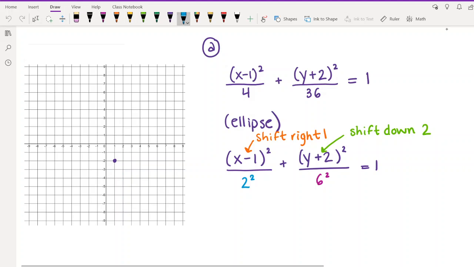So in the horizontal direction, we know that it's been stretched by 2. So that means it's going to have a width of 2. And so we're going to go 2 to the left and 2 to the right. And then vertically, we know that it's been stretched by a factor of 6. And so that means we're going to go a distance of 6 up. So you can just count 6 boxes up and 6 down. So that should be here. And so then if you fill this out and make it a circle, sorry, not a circle, an oval shape,